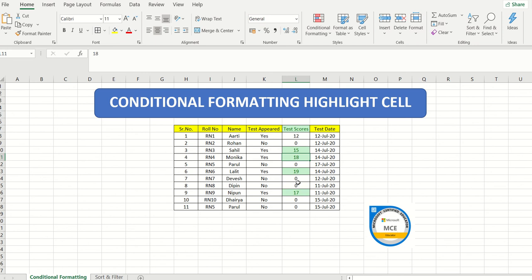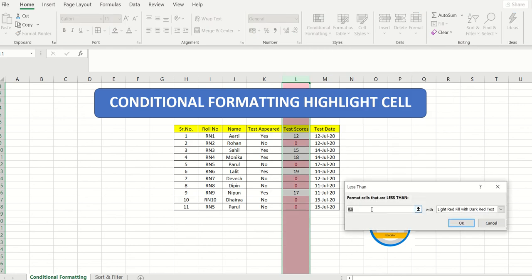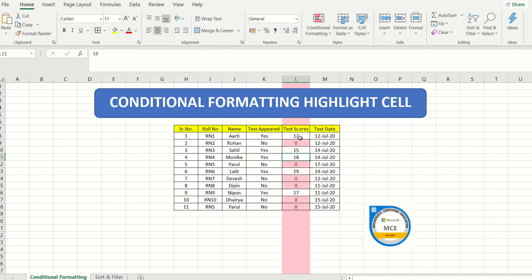Okay, let's quickly proceed ahead, and now I'm going to take you through the second section in conditional formatting. Now we are going to use the second formula, which is less than. So I'm going to select less than, and let me see how many entries have a value less than 12, and color them in light red. Let me go ahead and click on OK. It's going to select all the people who did not appear on the test, that means who had 0 scores altogether. Okay, this is done.